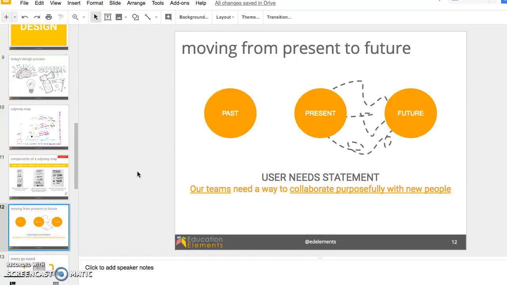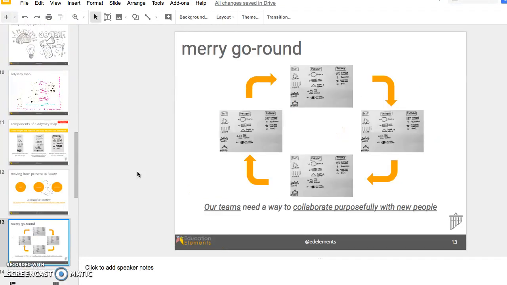So you're going to give them a few directions for how to start thinking about moving from the present to future. The first is just to do what we're calling a merry-go-round, which is essentially a seated gallery walk where they'll pass their sketches from person to person in their design challenge. And as each person is looking at their design team member sketches, they'll be adding a post-it note of a